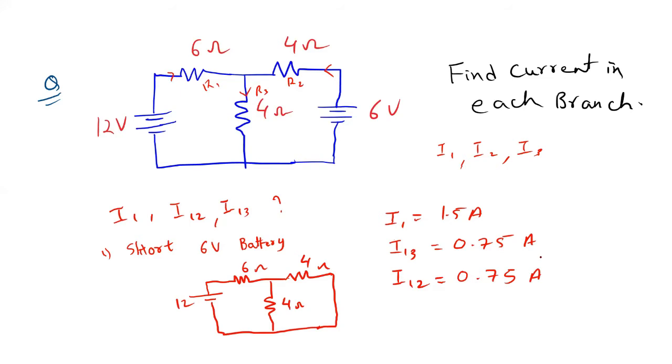Okay. Then go for the next step. That is 0.85. What is 0.85? I13, I12. No, no, no. It's not 0.85. Check it again. It will be 0.75. Yes, sir, 0.75. Okay.